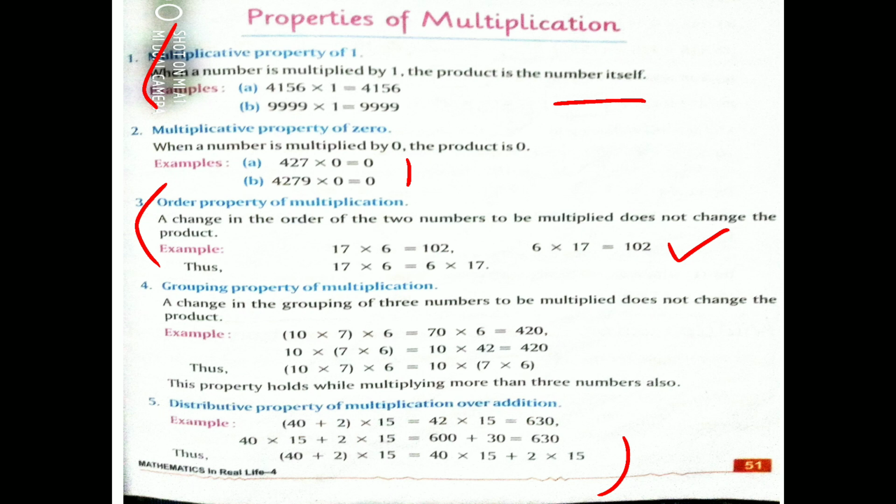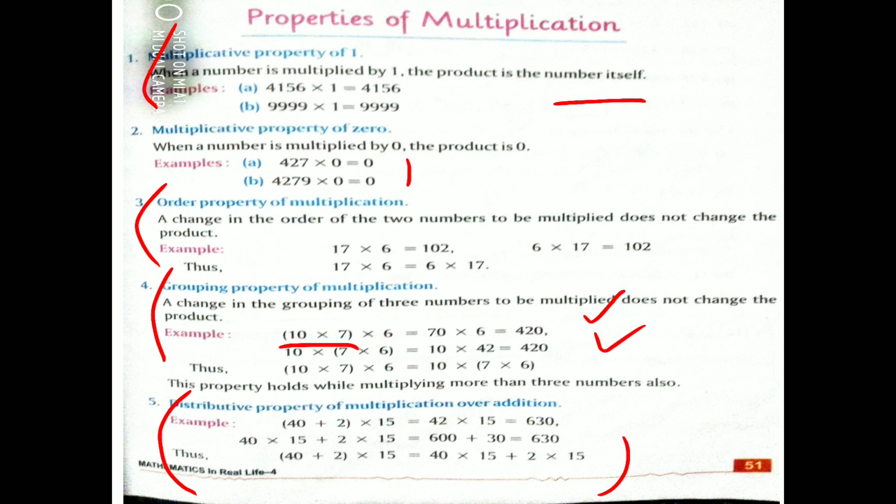In order property, you always have 2 numbers. And in grouping property, which you have done in the subtraction chapter also, there should be 3 numbers, but only the group you change, and the answer will come the same. Like there are three numbers 10, 7 and 6. Firstly I multiply 10 and 7, what answer comes? Then I multiply with 6. Second time I make the group of 7 and 6, what answer comes? With that I multiply 10. In all the cases the answers are the same. So this property is called grouping property and it has three numbers.